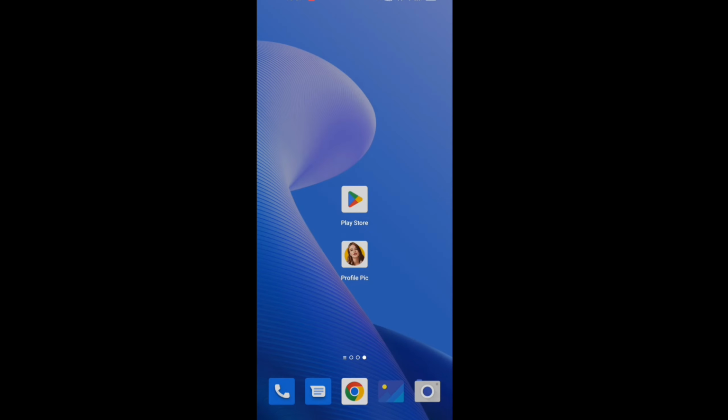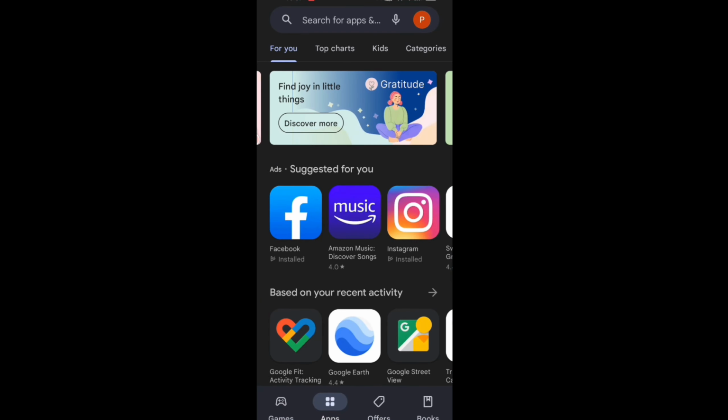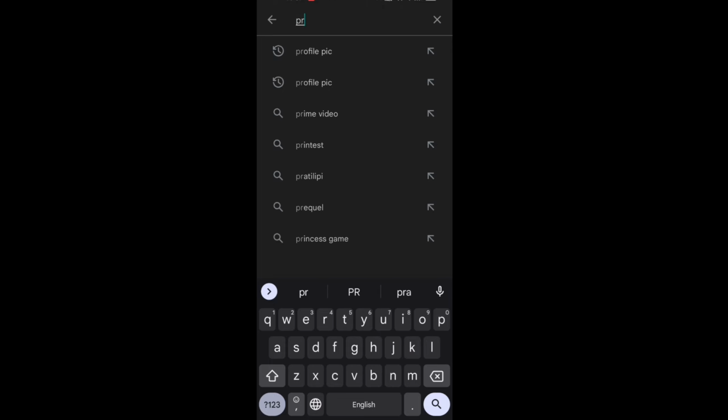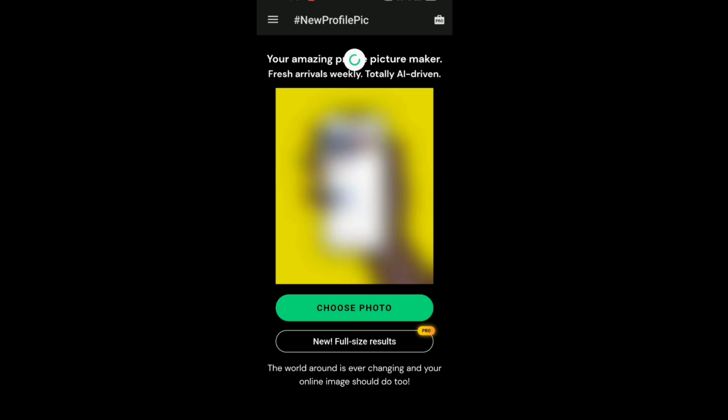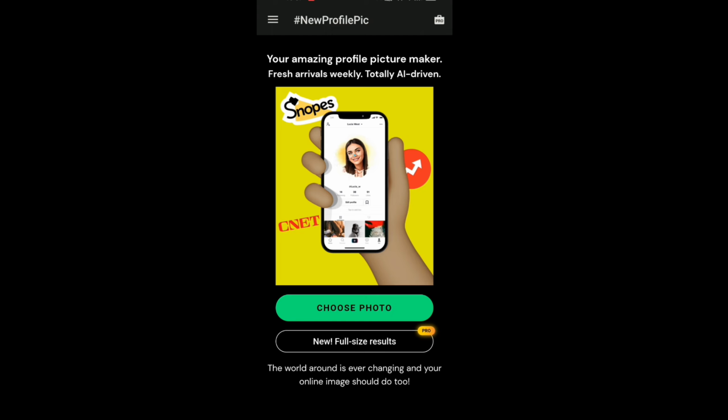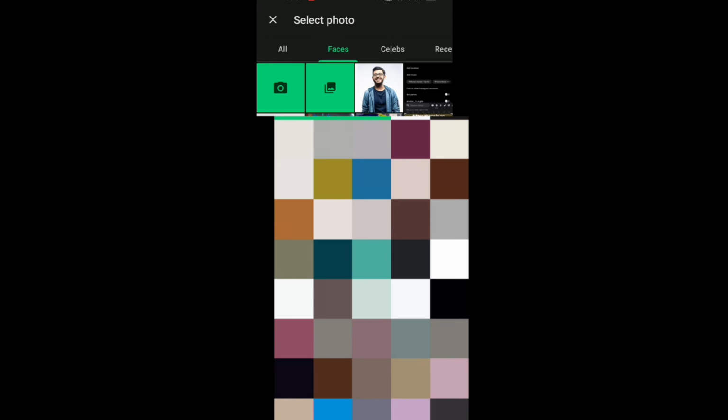Okay, let's go back. Click on Play Store. Simply search profile pic. Okay, now it is already in my phone, so I will open it. Just take a time for loading. Now you can see this interface. Click on choose photo, select the photo,